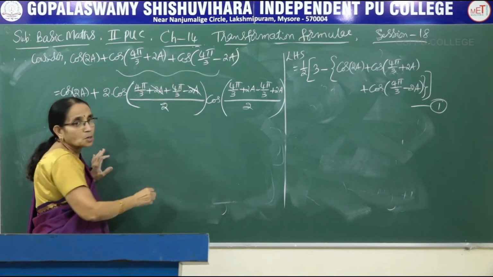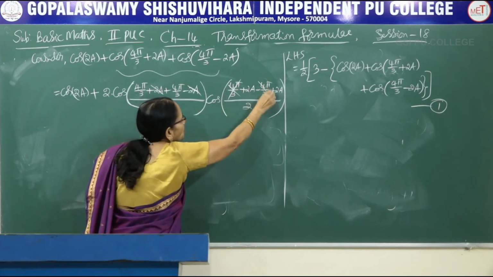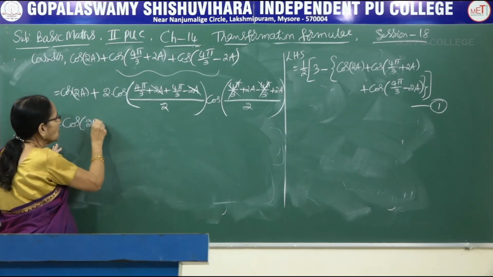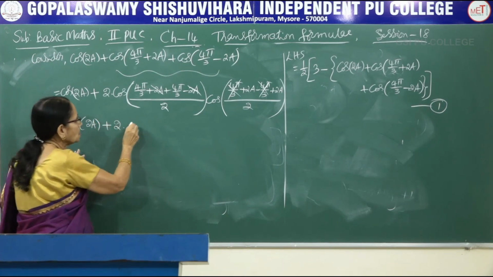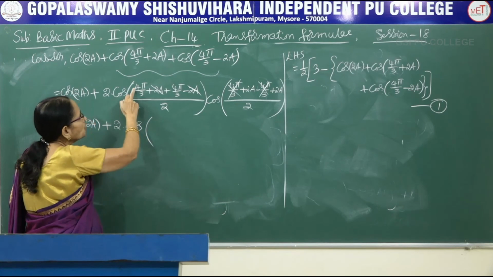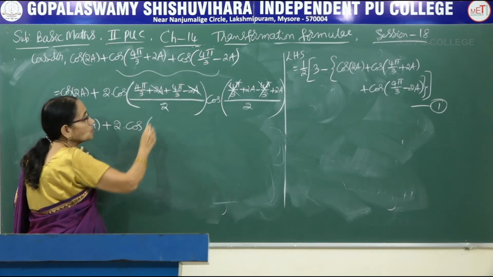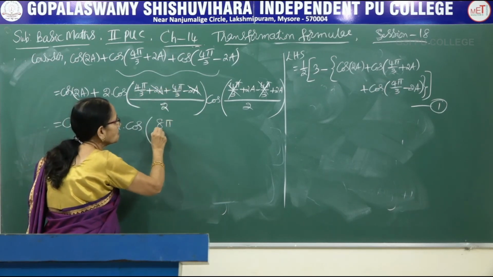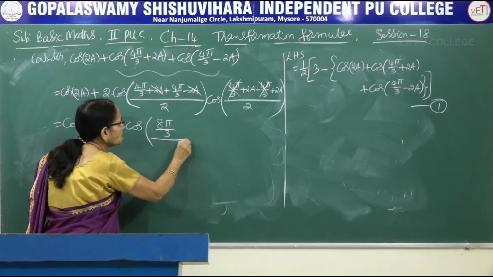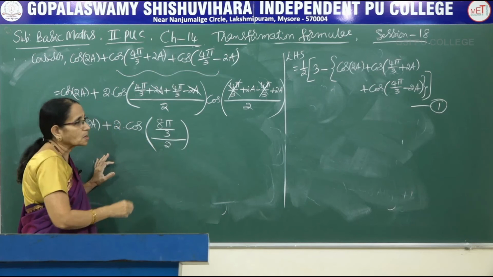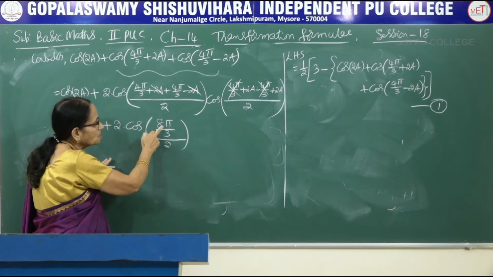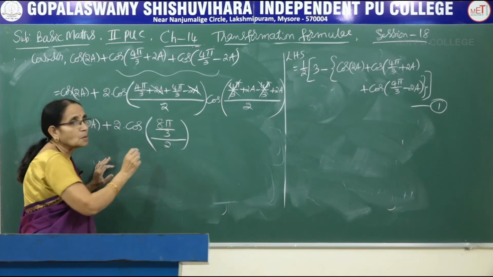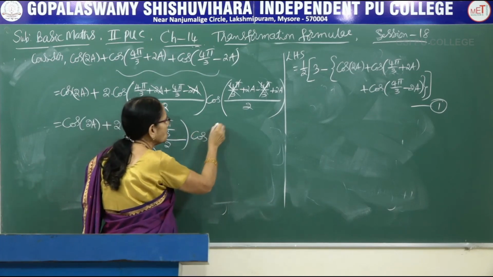In this case, 2a cancels. In this case, 4 pi by 3 gets cancelled. So carefully let me write cos of 2a plus 2 times cos of 4 pi by 3 plus 4 pi by 3. What would that be? 4 pi plus 4 pi would be 8 pi, so I can write 8 pi by 3 divided by 2. Don't see this 2 as a fraction, it is a single term here. It doesn't go to the numerator. Both of them come to the denominator position, which I am writing in the next step.